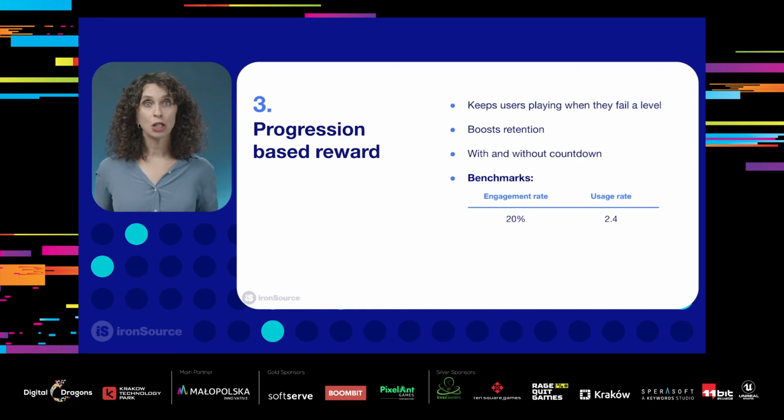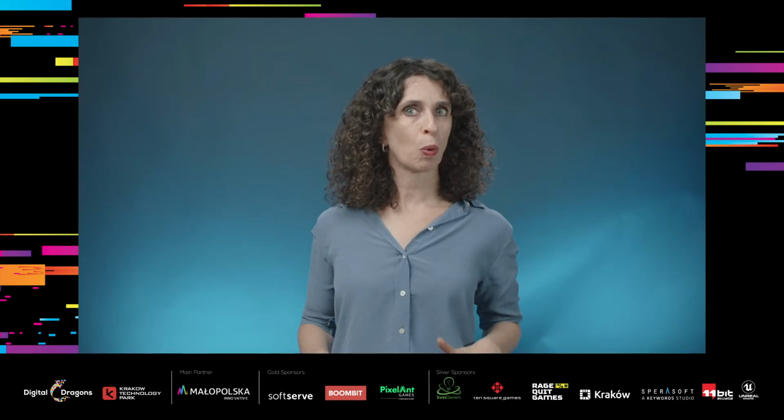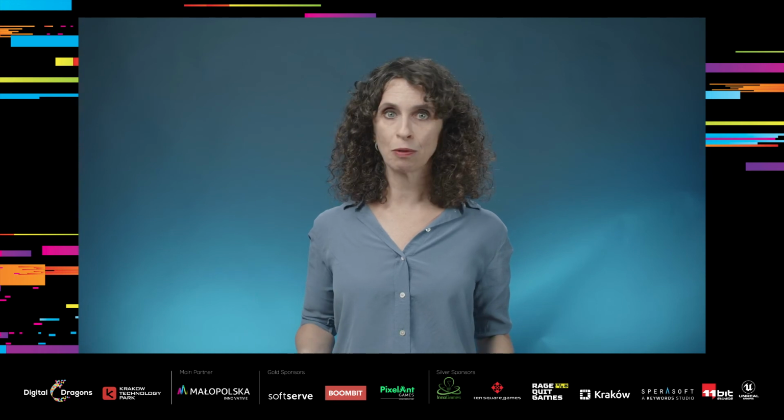Tip number 3, use progression-based rewards. When a user fails a level, you can use a progression-based reward, like an extra life, that lets them keep playing in exchange for watching a rewarded video. In some games, developers let players automatically gain an extra life without watching an ad, but they have to wait a minute or more to receive it. As a time-saving alternative, players can open the rewarded video ad to gain the extra life and resume their play